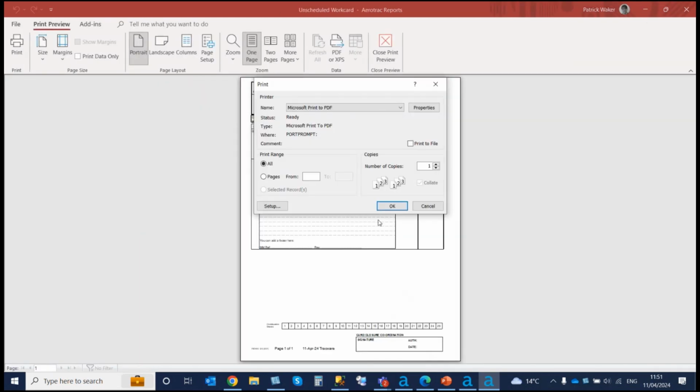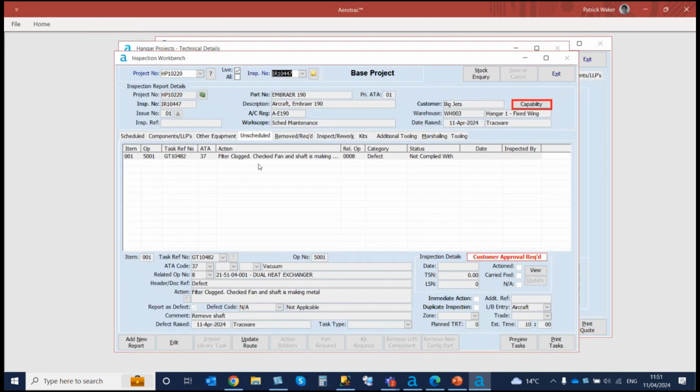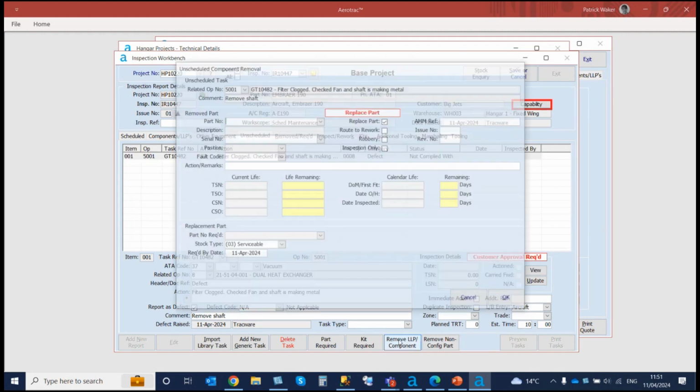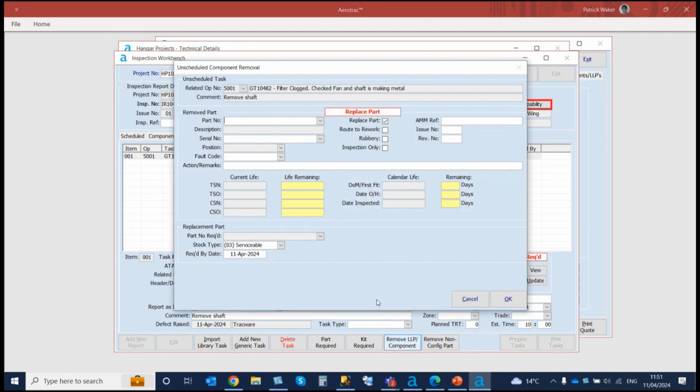So I'm sure those of you who've used Aerotrac in the past, in the dim and distant past, you'll probably remember that what you would need to do if you were doing a component change, you create a separate op. But obviously the idea now is that you can link all of them together. So if I go to my defect, which has now got 5001 against it, and say I want to